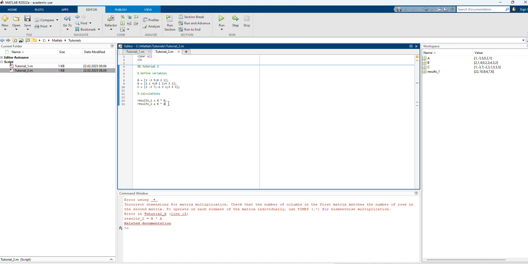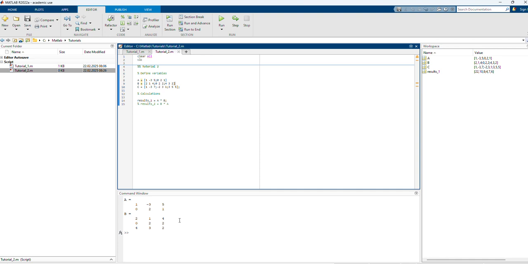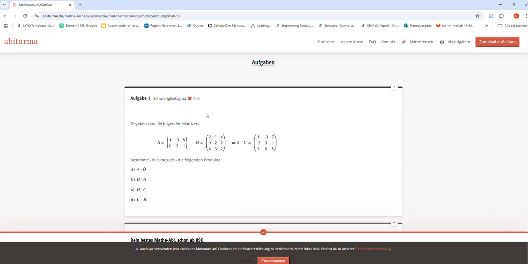But this is also according to the solution, because we have different dimensions. These dimensions we can see if we look at the two matrices. The first one is 2 times 3, and the other one is 3 times 3. So if we put A times B, that works. B times A doesn't work. So we put a comment, does not work due to different sizes. So we can focus on the third one, which will be B times C,